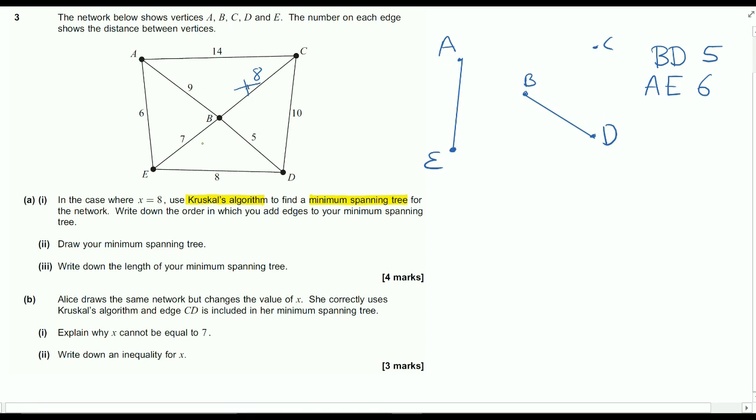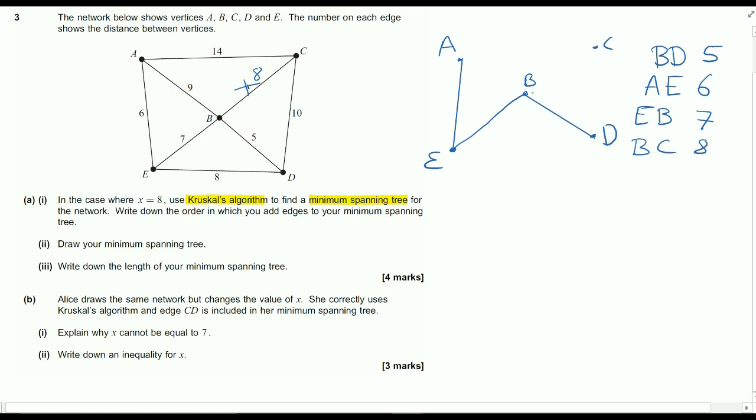It's now going to be EB, which is 7. So E to B, which is 7. I suppose convention would say I'd write that one BE, just the first letter first, but it doesn't really matter. And then finally, I'm going to add BC